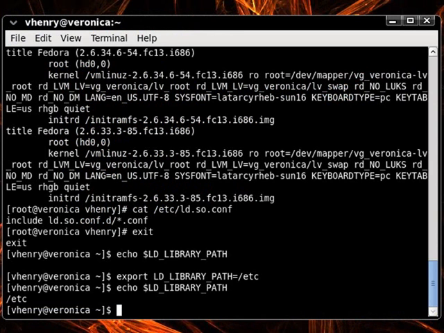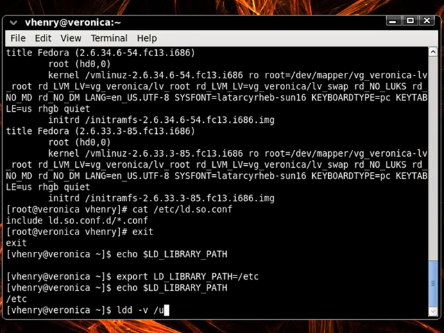Now, first thing that we need to do is to pick a program to try out, and we're going to need to know the program's location. So I'll pick the gedit text editor. To use the command, we type in ldd. We're going to use the -v option to get all of the information. And then I'm going to type in the full path to the gedit program,